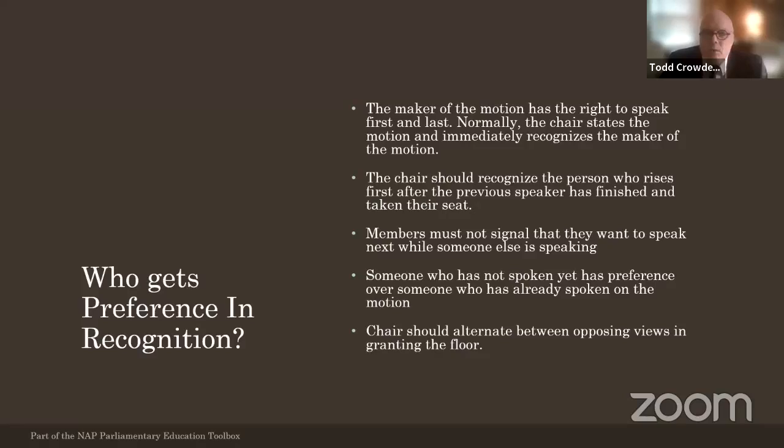That's why I was saying, like, about time limits for speeches. Robert's says 10 minutes, and that's what it is if your rules are silent on time limits for speeches. But if your rules have a different limit, then it's your rules that prevail, be it in the bylaws or in your special rules of order, which are not quite bylaws, but they're meeting rules. That also supersedes Robert's Rules of Order. So whatever rules you make of any rank, they're all going to supersede Robert's. Robert's is the default for anything you haven't covered.